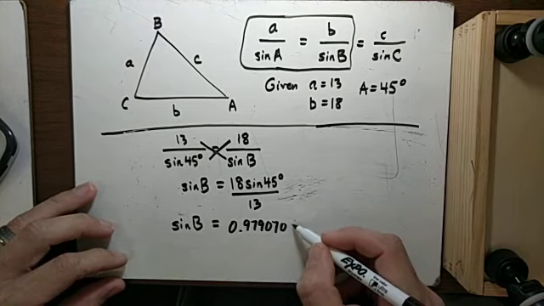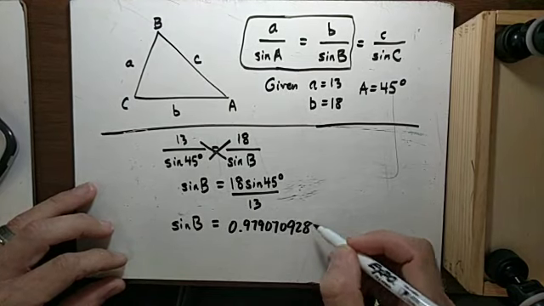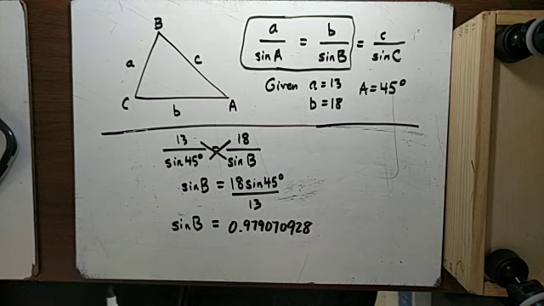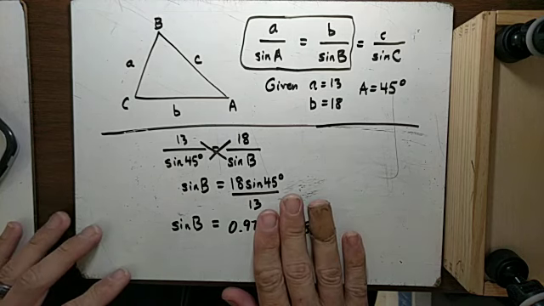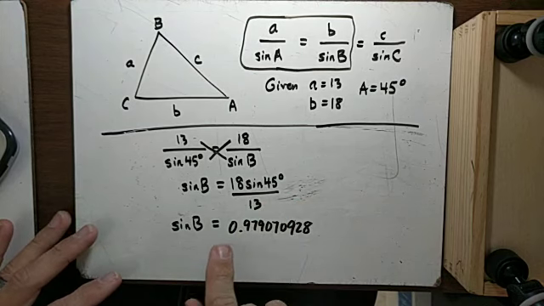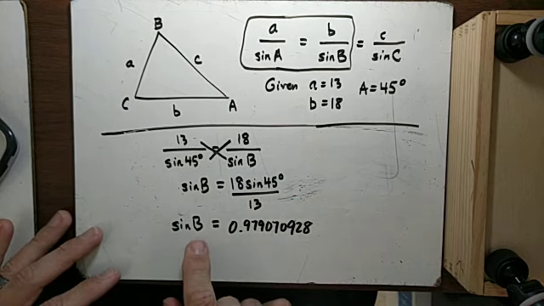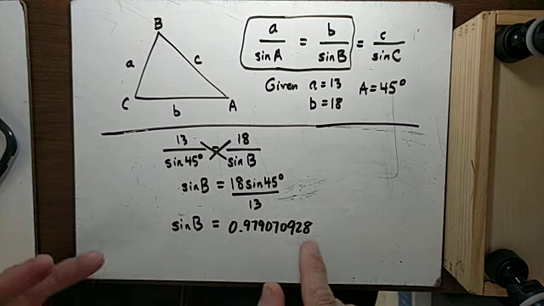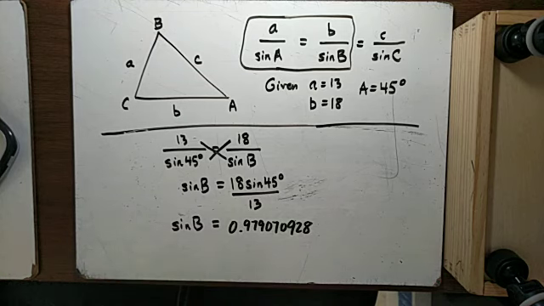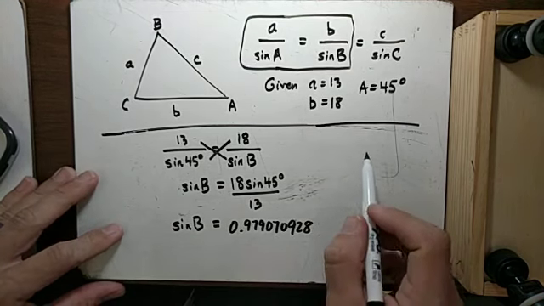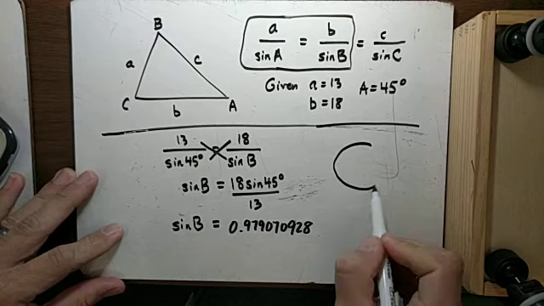Now, in problems like this, it's important to not round anything off until the very end. If you rounded this off to, say, 0.98, or much worse than that, 1, your angle would be slightly off, okay? If this were 1, B would be exactly 90 degrees, but this is not 90 degrees. Now, I'm going to stop and talk about this for a moment before proceeding, because we're going to revisit the